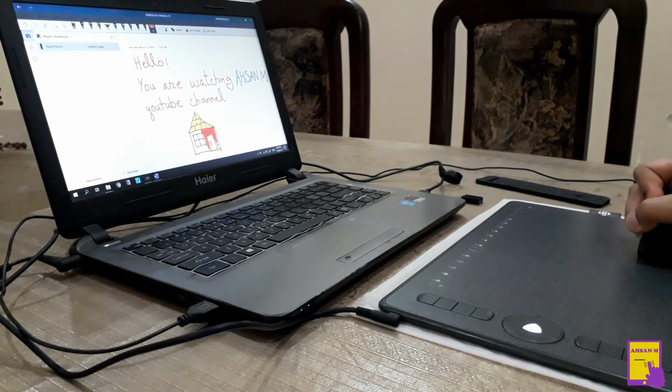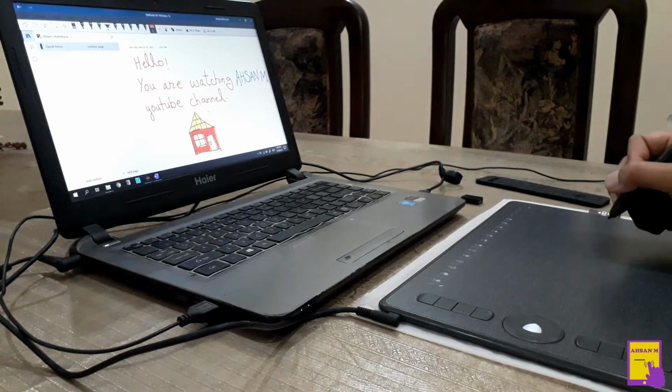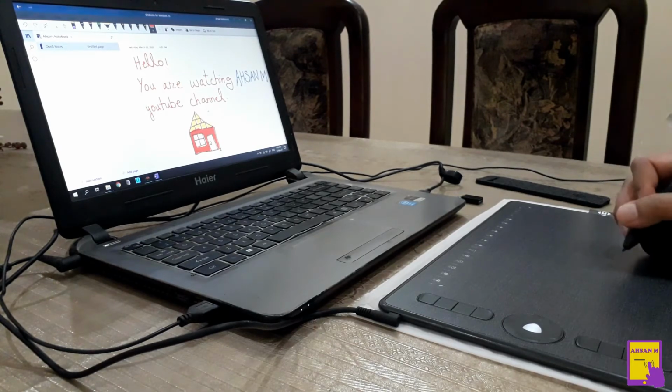So this is the house I have drawn with the help of this pen and tablet. You can also draw in other applications like Paint 3D or the Paint application. You can also save a sticky note with the help of this pen and tablet.